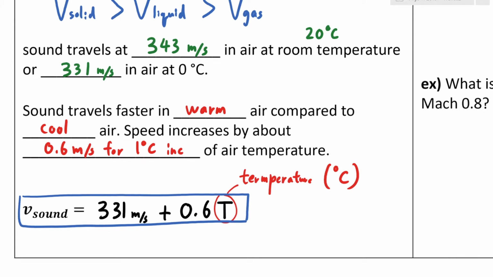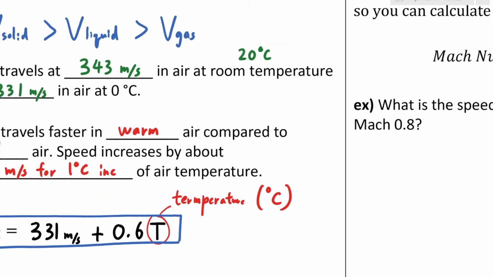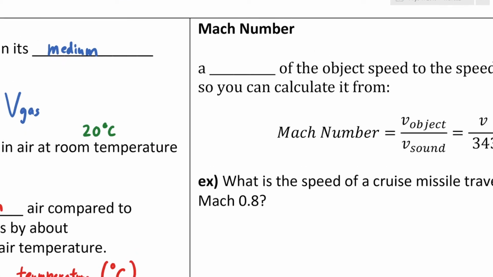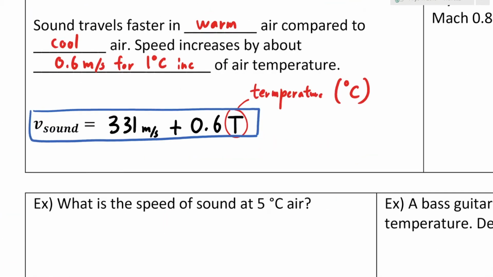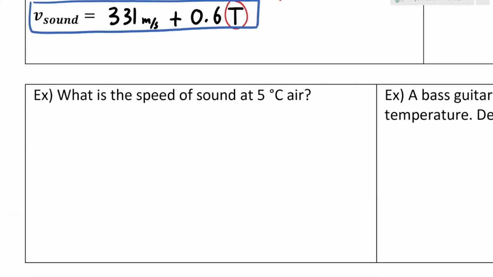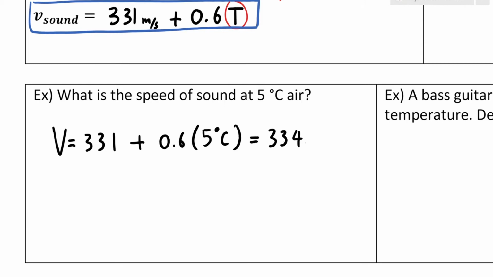Okay, so we're going to go through a few examples. Now, I know that on the right there's a box for the Mach number, which we're going to ignore for now. We're going to go through a few examples, and then we're going to come back to that box, okay? So, example, what is the speed of sound in the air at 5 degrees Celsius? Well, that's easy. Direct application of the equation. So 331 is the base value, 0.6 for every degree Celsius, and now we have 5 degrees Celsius. So 5 times 0.6 is 3, so we add 3 to it, 334 meters per second. Okay, so that's an easy one.